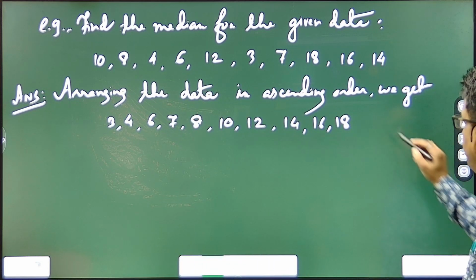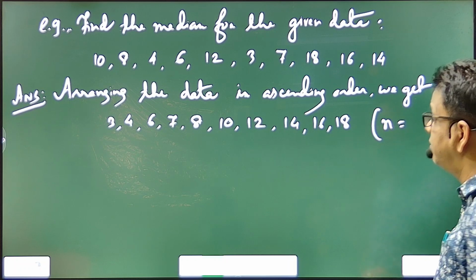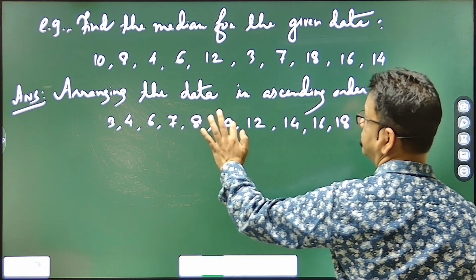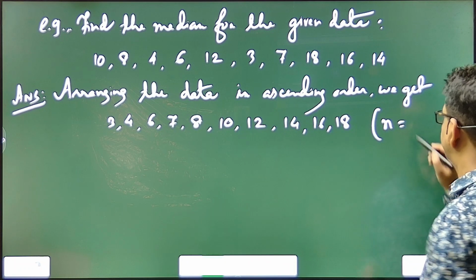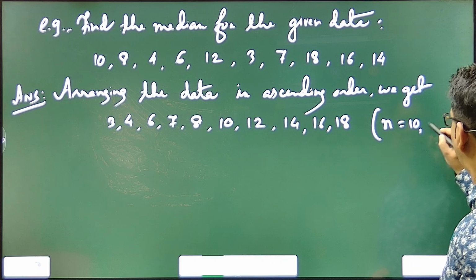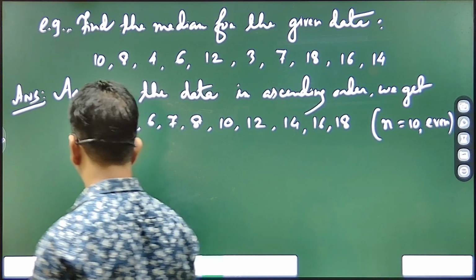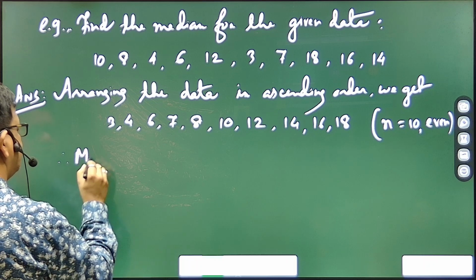Now what do you have to see? N for number of observations. So as I have already counted, 1, 2, 3, 4, 5, 6, 7, 8, 9, 10 numbers are there. Now since it is 10 and it is an even number, when it is an even number, the formula will be totally different. Therefore median equal to,